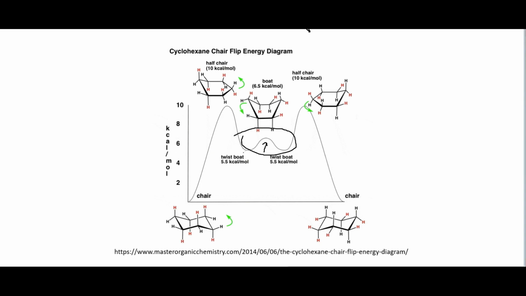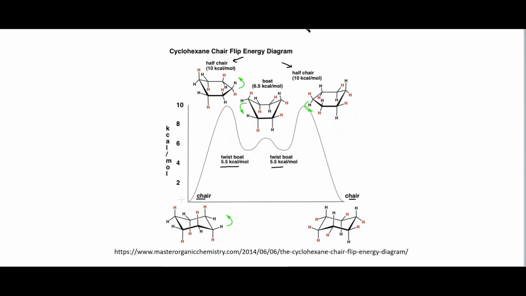So the twist boat conformation, where this carbon is sort of twisted out and this one twisted in, is a little bit more stable here. I'm going to erase my drawings on here so we can see it a little bit clearer. So these twist boat conformations are a little bit more stable than the boat conformation. Then it will pass through these half chair conformations, which are energetically less favorable. But then we see these chair conformations here being the most